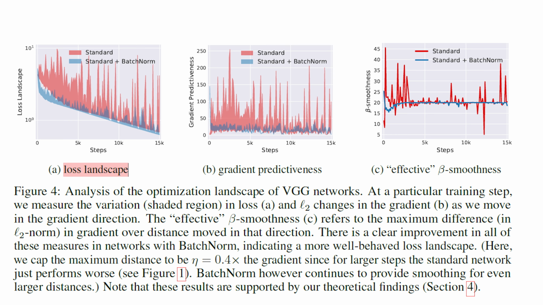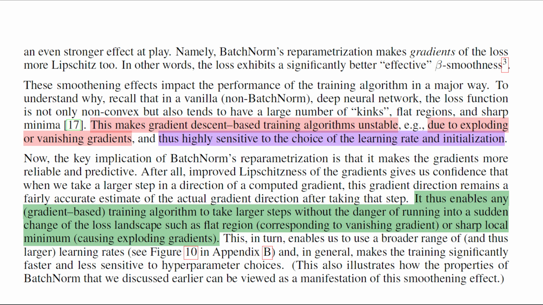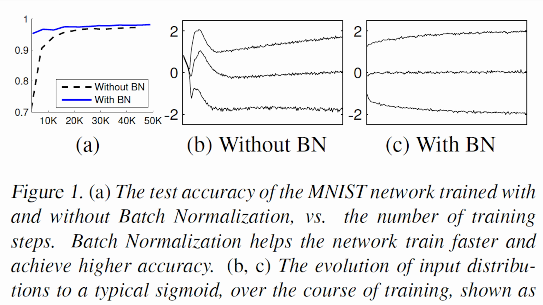The more significant reasons are that it smoothens the loss landscape. The surface becomes less jagged, so small weight changes don't explode the loss. It lets us use much higher learning rates, which speeds up training a lot, and it often acts like a mild regularizer. The batch statistics introduce noise between batches, which reduces overfitting a lot. All of these together explain why batch norm helps so much, not the simple fix internal covariate shift story from the original paper. I would highly recommend reading both of these papers yourself if you really want to dive deeper